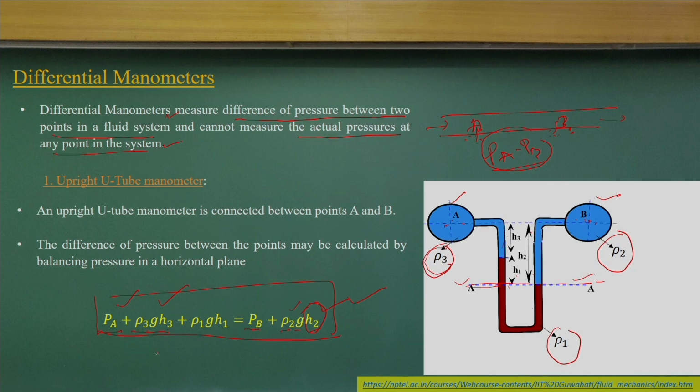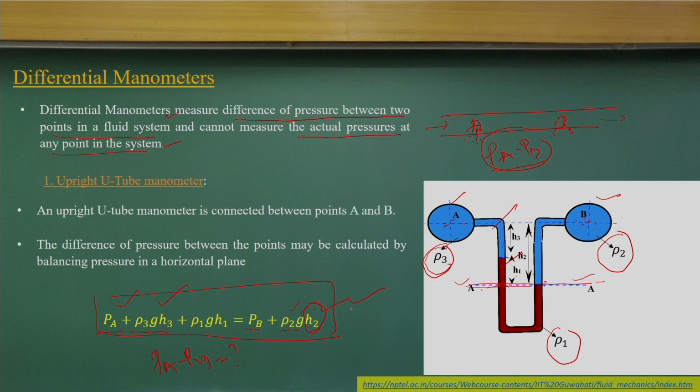So, you can finally make it PA minus PV, and you can simplify it. You need not remember anything. You take an appropriate horizontal surface at the interface, then just equate the pressures. As I go down from PB, plus rho gh, the weight of the fluid will come in. Similarly, I start from PA, the weight of the fluid of this part and the weight of the fluid of this part; if I combine them, the pressure will come here.